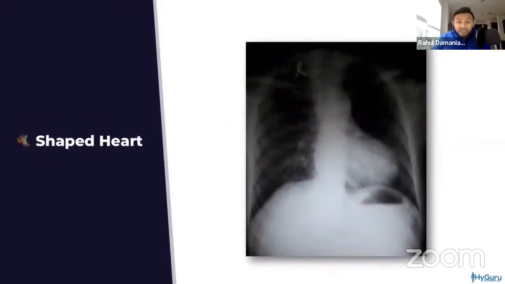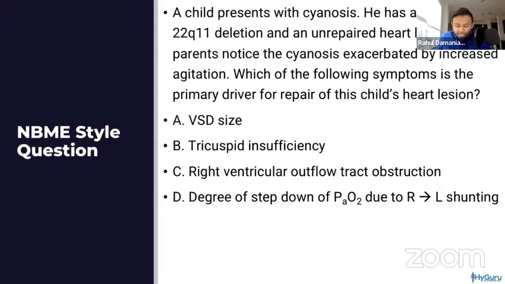So as the right ventricle becomes very, very big, it causes a right axis deviation. And one of the classic images you will see on your exam is this boot-shaped heart that is going to be associated with tetralogy of Fallot. So I want you to look at this chest x-ray and see that you have the left ventricle that is going to go a little bit superiorly towards the base of the heart, and that represents the boot-shaped heart with tetralogy of Fallot.